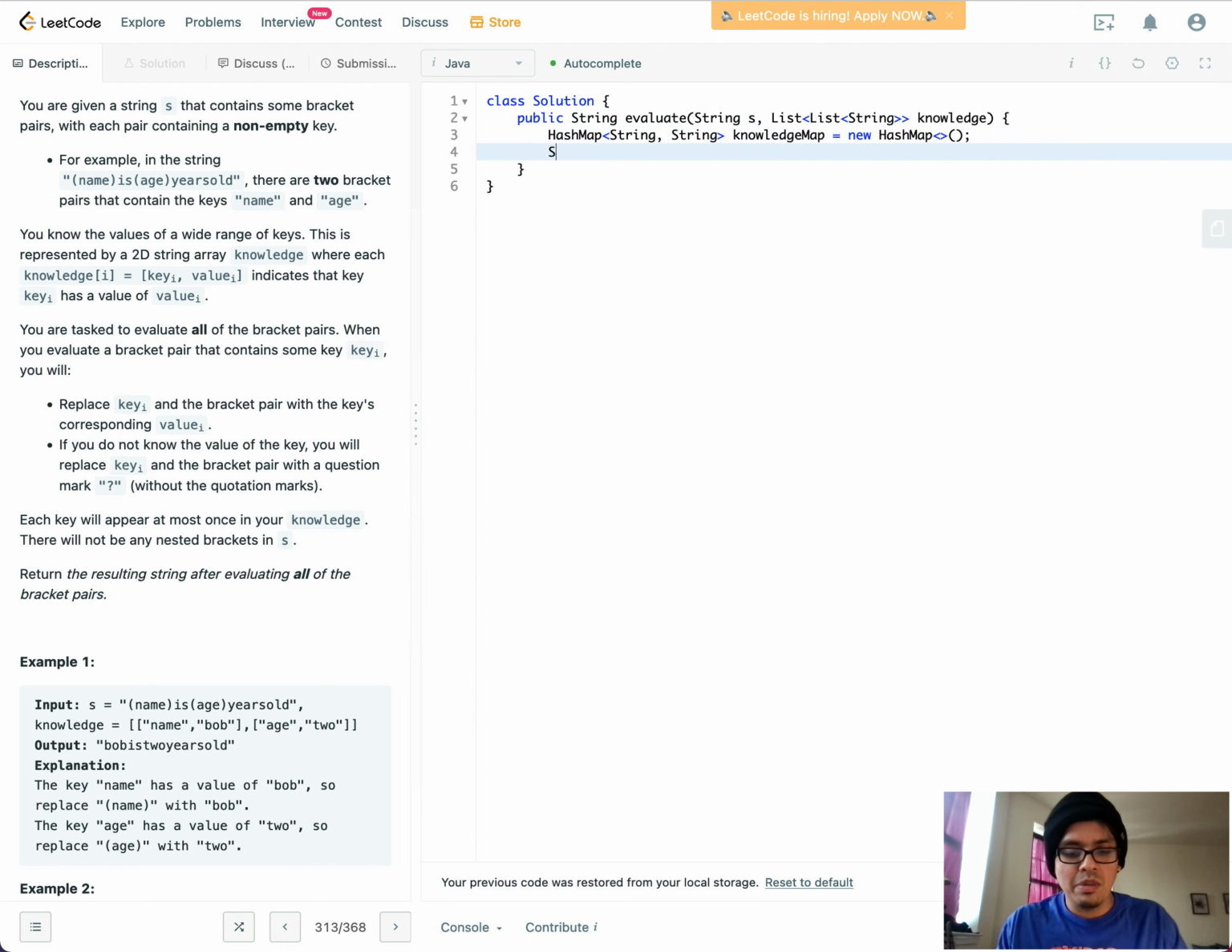And we'll also have a result. So this is where I'm going to output my answer to. So first we do the conversion. We convert the list of strings to a hash map. So we iterate through each of the knowledges,